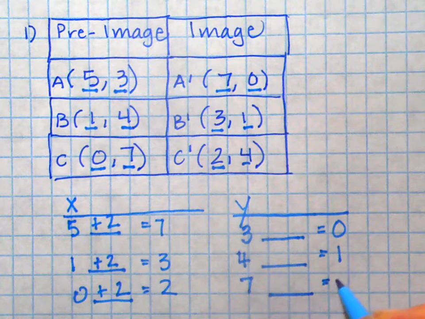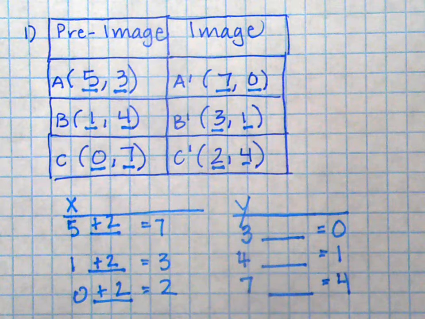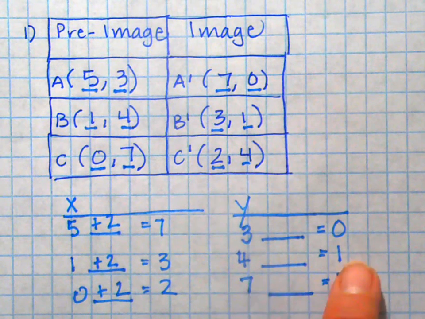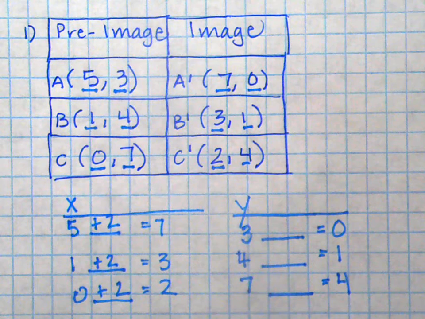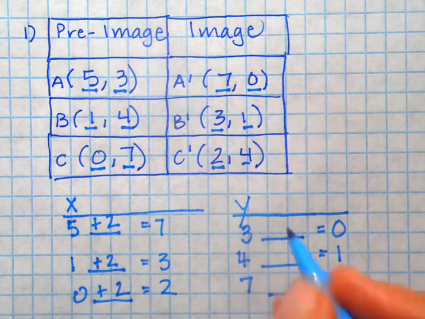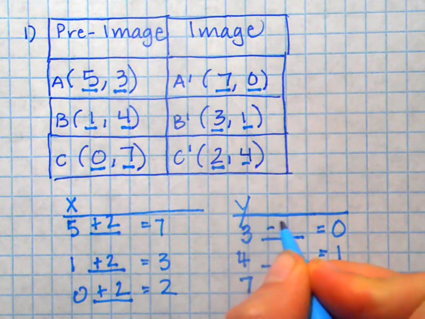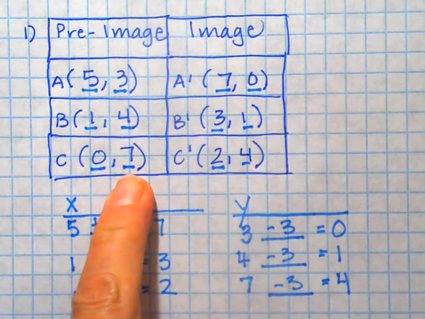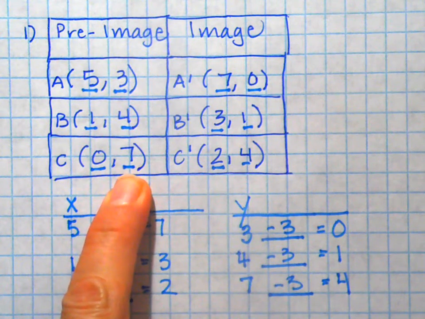to 4. I'm going to give you a moment, and again in the Nearpod, I'm going to put up a question wondering what math, addition or subtraction, can get you from 3 to 0, 4 to 1, 7 to 4. If you said take away 3, you're 100% correct. If we take away 3 from all of those, we get from the y-coordinates in the pre-image to the y-coordinates